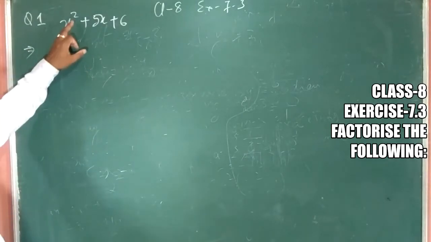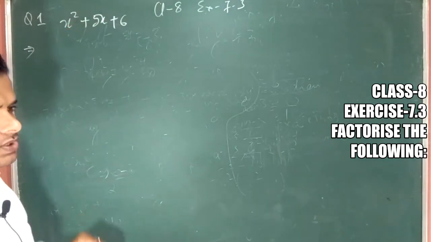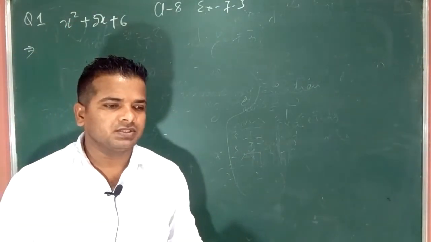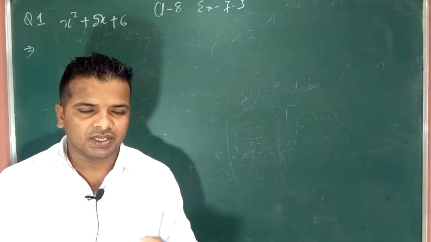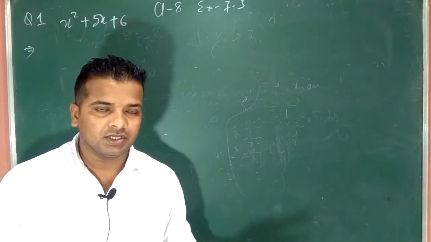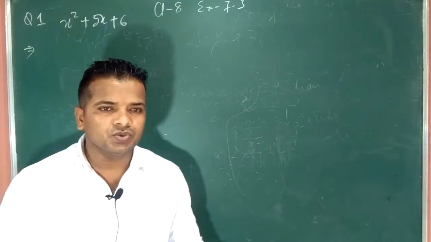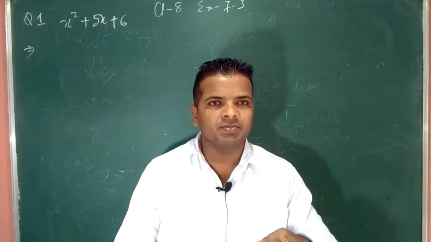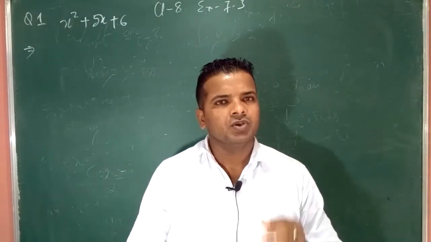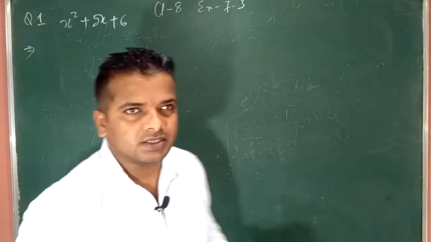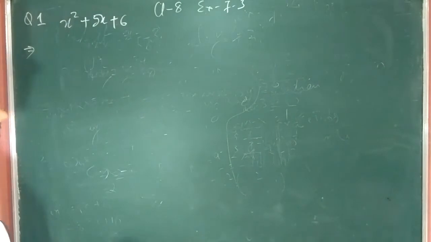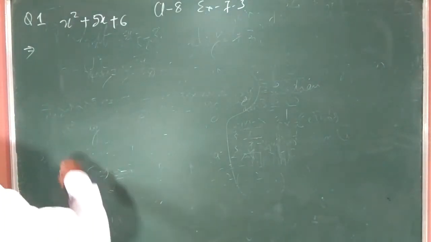So for each and every question, if the highest power is 2 and the terms are 3, we use one method that is called the splitting the middle term method. That we are going to learn here. Splitting the middle term means what? In this question, if you solve it,